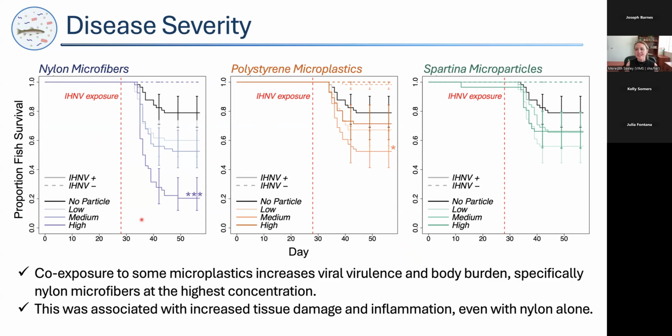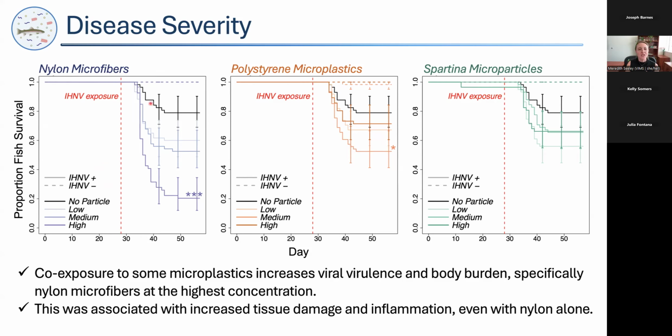And so what you see here is that first off the bat, all the dashed lines are staying at the top. So that means that any of our fish that were not exposed to the virus really weren't dying, regardless of what types of plastics they were exposed to. So these plastics, especially at these low doses alone, were really not affecting these fish. However, as we dive into the different particle treatments, we start to see some interesting results.